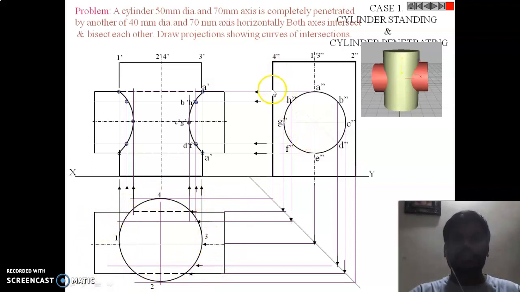And here, coming to the side view, we see the complete rectangle. Why? Because the standing rectangle is completely visible, and within that we see the circle here. So that's the reason this circle is also visible, and try to make this completely with an HB pencil. And this is the procedure to be followed in order to draw the intersection of the circle with the cylinder. I hope you got this problem, and try to draw this and try to understand it twice. You'll understand it in more aspects. Thank you. This is about the intersections.